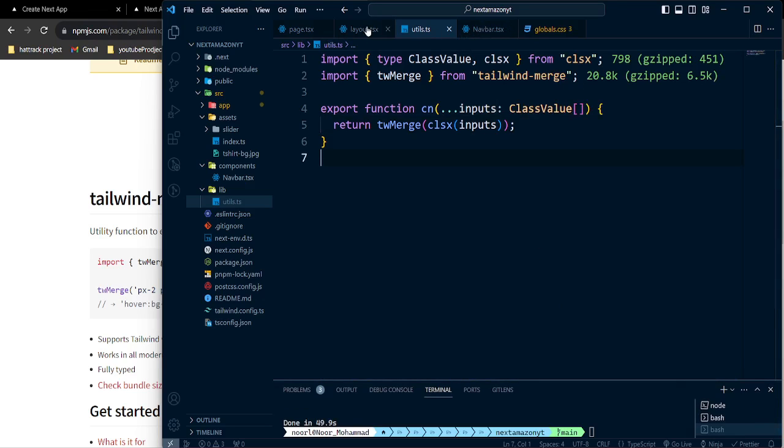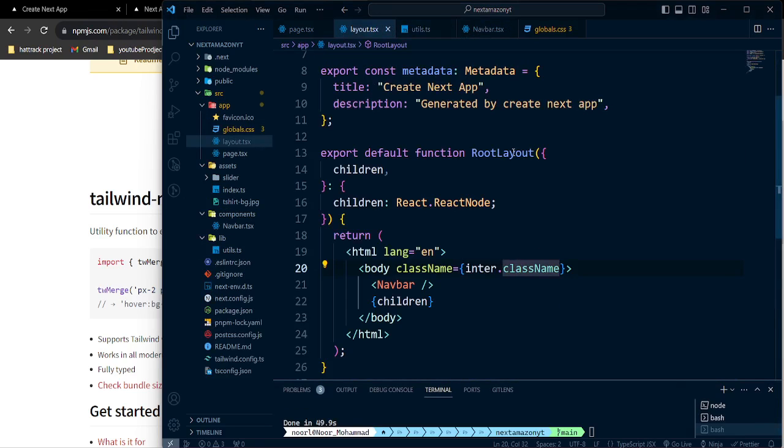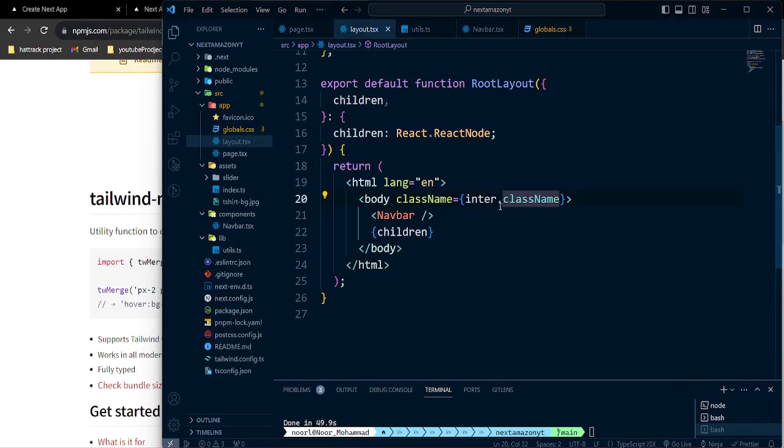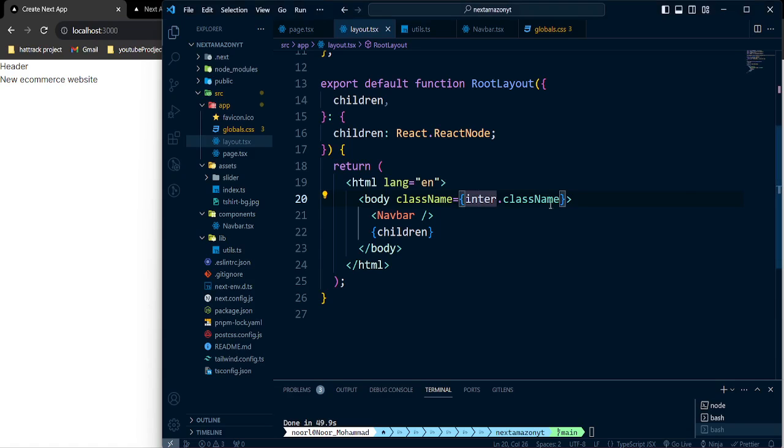What's the first is our layout. Here, because we cannot inject any other class name since we already have an existing class name, how can we manipulate that? So keep that one. I'm just going to copy this for safekeeping, and now